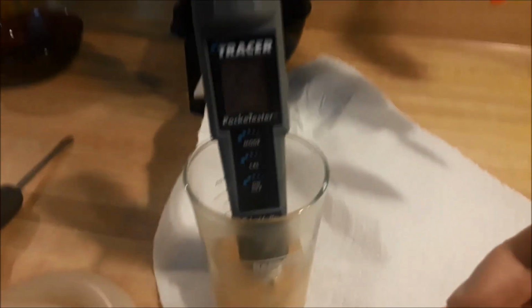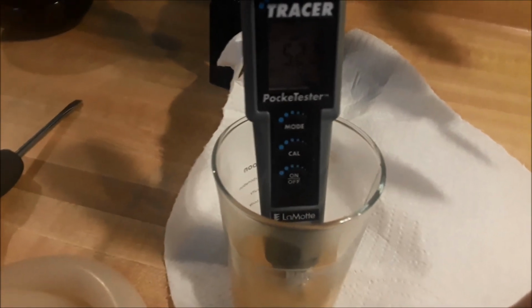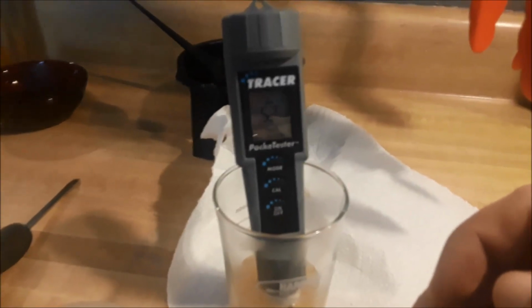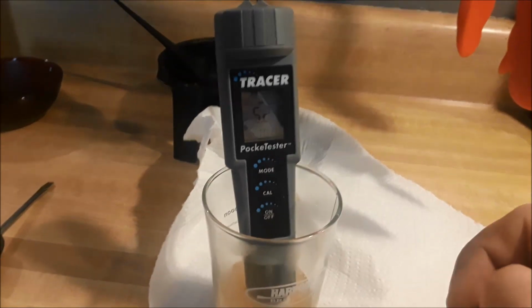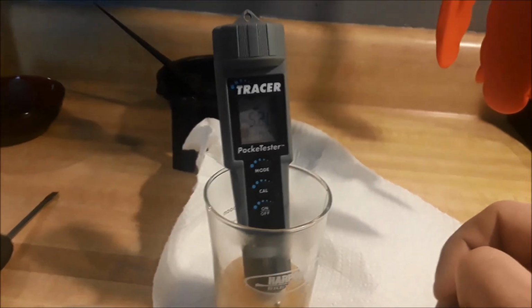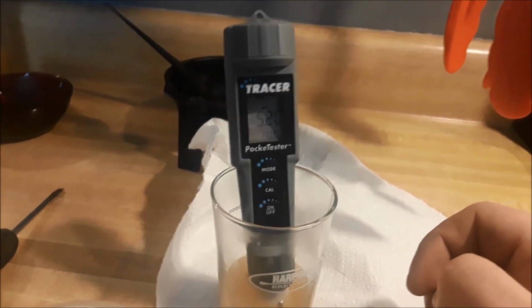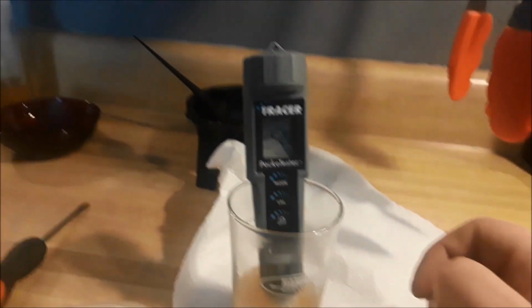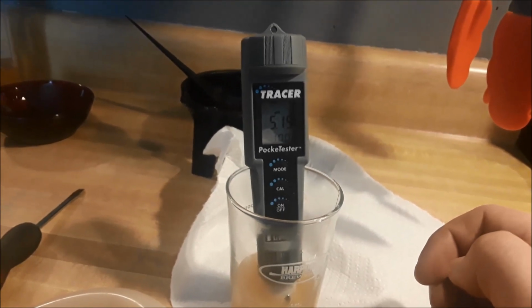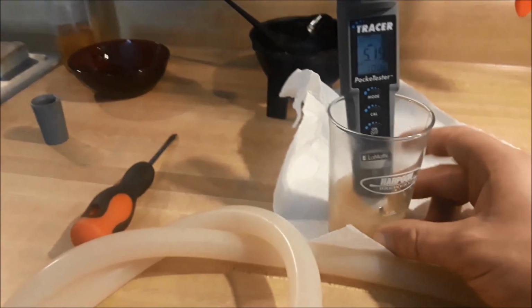Okay, I don't know how well this is picking up. So I did let it sit for 10 minutes before taking the pH reading. I had it set for a 5.3. It's saying 5.2, but I'll let that sit in there for a bit and just see. Now it's 5.19. Just because the temperature might still be too hot, so it might be kind of messing with the actual